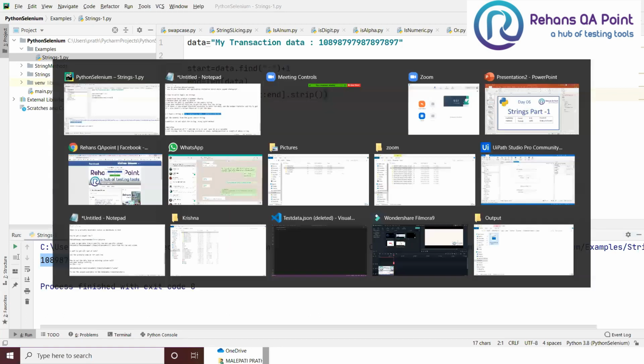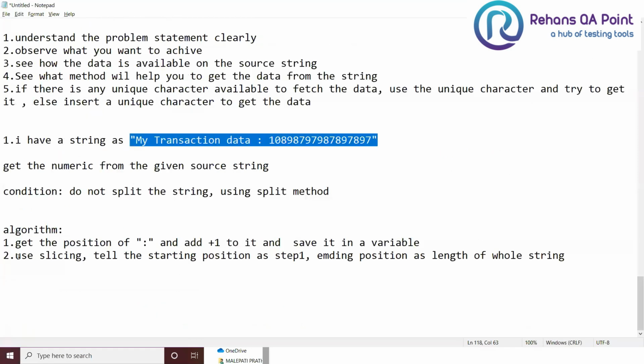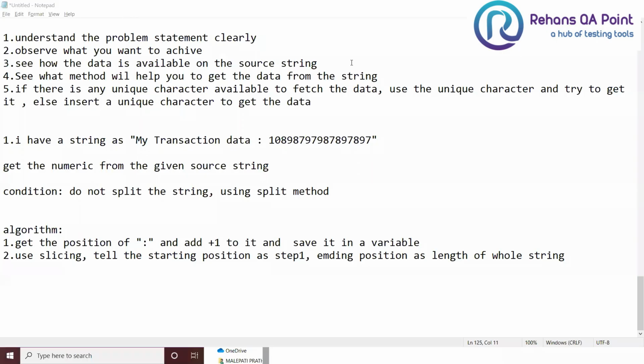Now let us take another example and see how we can do a lot more betterment on this process. So I have another problem statement.